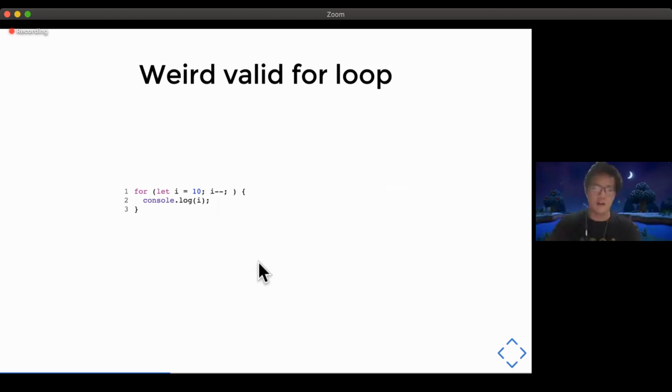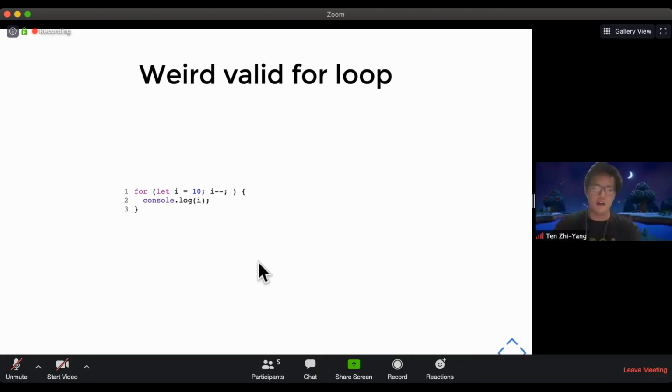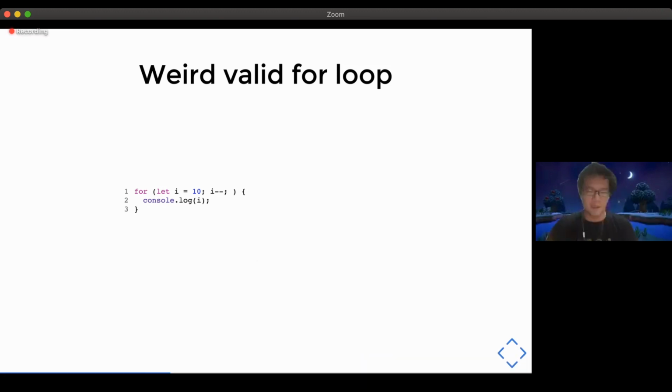But if you really want to have this kind of weird optimization, just don't, because first of all, it takes some thought to figure out what's going on. And second, why not just use a while loop? Because this is exactly how we would write a while loop anyway. So next,